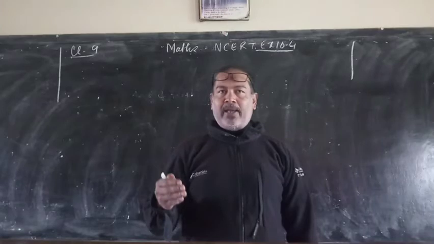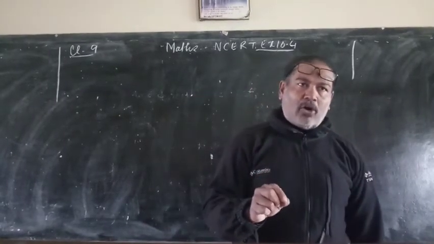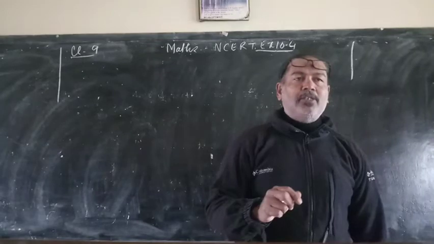Again, a perpendicular drawn from the center to a chord bisects the chord, and a line joining the center to the midpoint of a chord is perpendicular to it. These are some basic theorems which will help us to solve the question which we are going to discuss and explain. One very important question I am going to take is question number 6 of